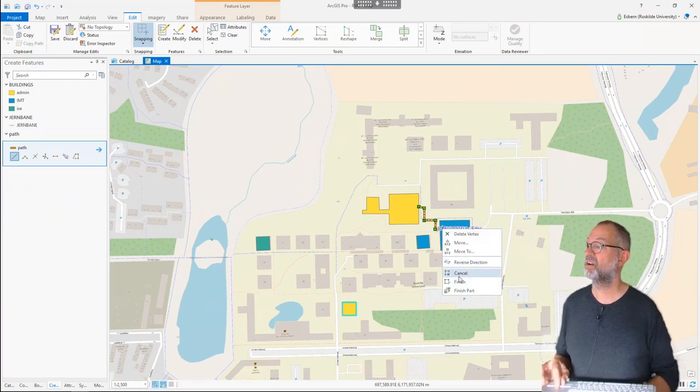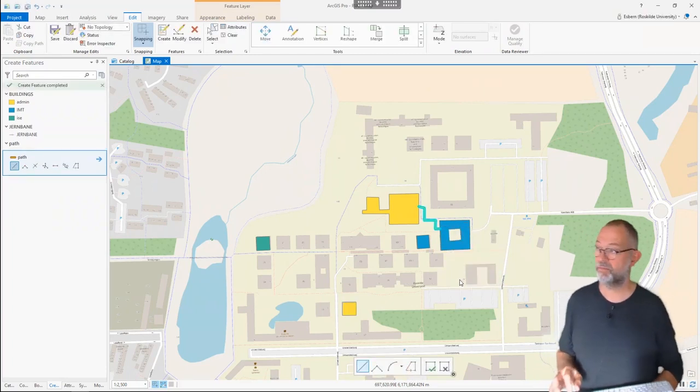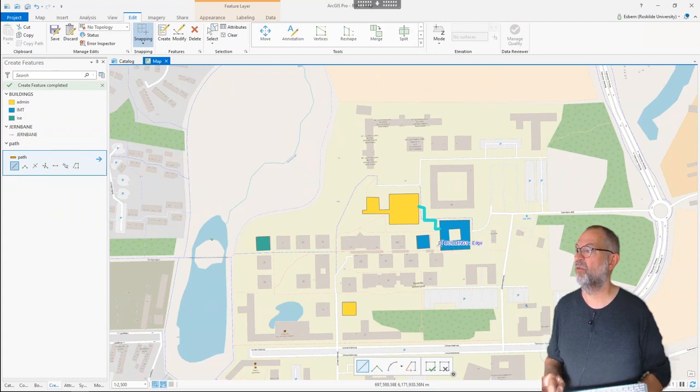Finished. I'll make a new path starting from here, from the building, going across and down, and I'll just let the path go right out to this point here